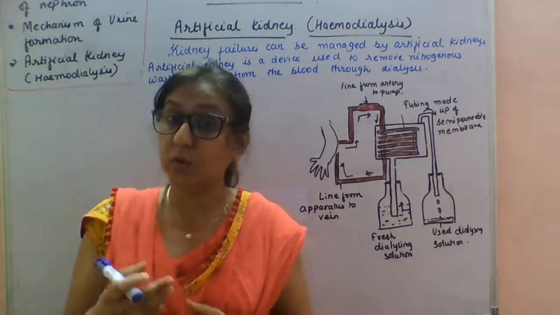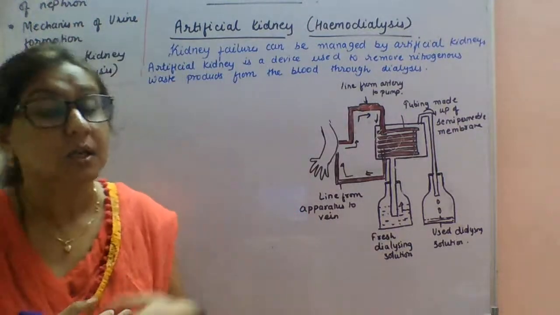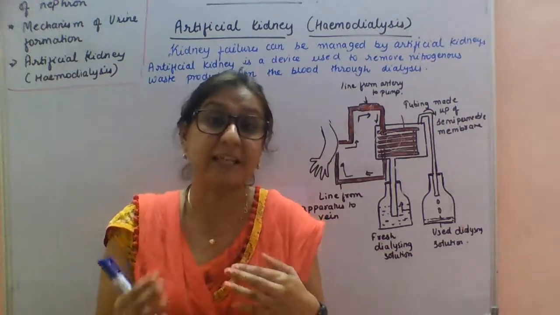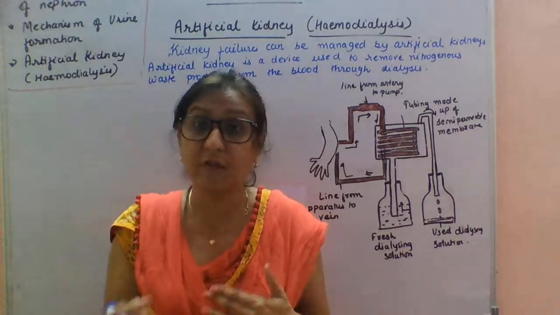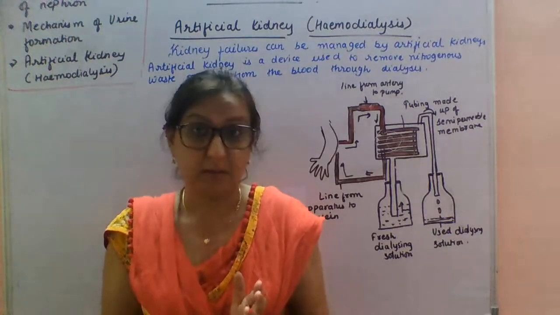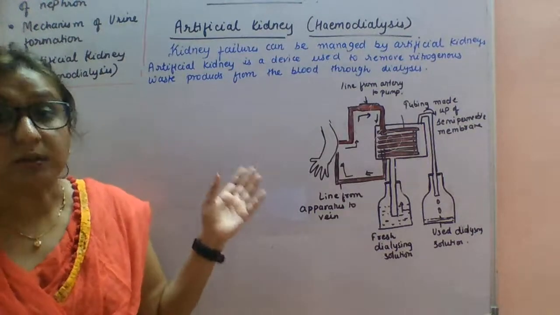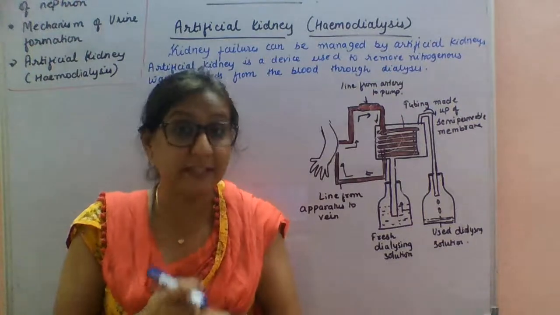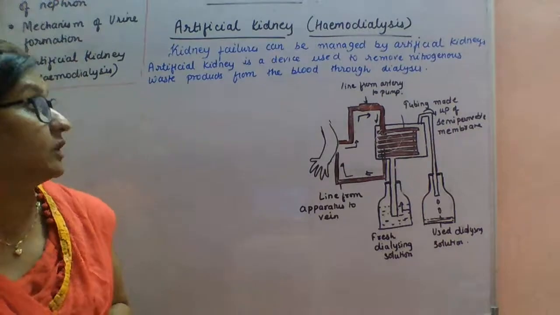The patient has to go for dialysis for removing the nitrogenous waste from their body. Definitely, if the person does not go for dialysis, then the waste gets accumulated in the patient's body, and after a duration of time, that waste becomes poisonous in the body, and the person may die. So a person who gets any sort of kidney failure should go for hemodialysis, or the artificial kidney.